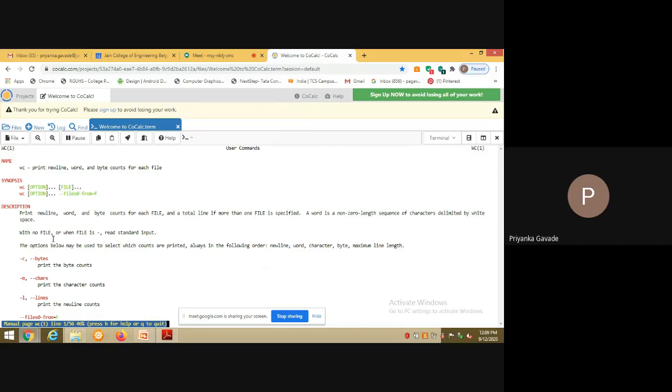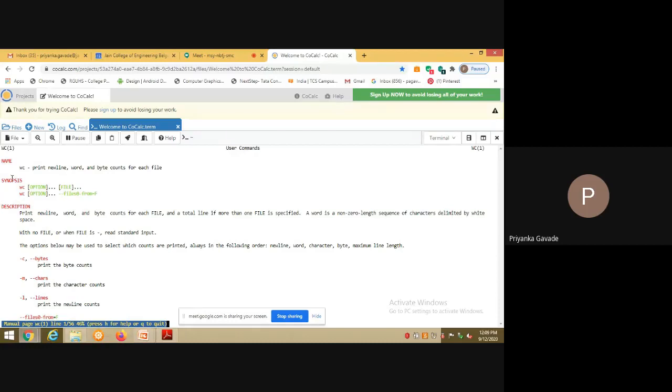This man page, what you are able to see on the screen, is divided into a number of compulsory and optional sections, right? Every command does not have to have all these sections in it, but the first three, that is the name, the synopsis, and the description, what you can see in red letters here, are seen in all the man pages.